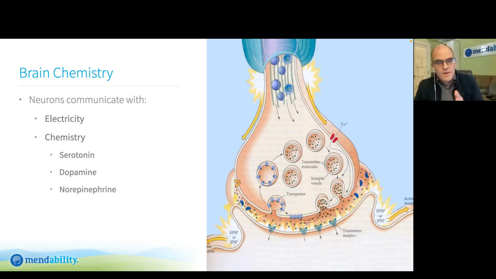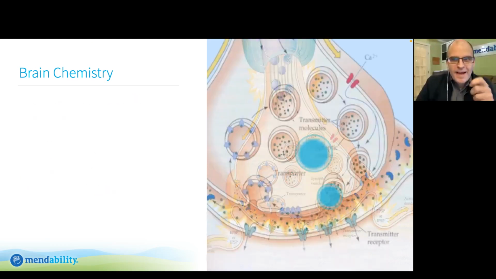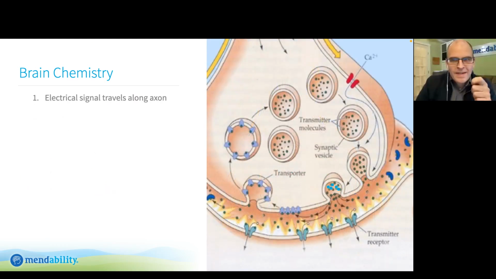So the electrical signal arrives at the end of the neuron, and it's translated into a variety of different chemicals like dopamine, serotonin, norepinephrine. Those chemicals translate the electrical message, cross the gap, go to the next neuron. The next neuron receives that combination of chemicals, translates that into an electrical signal, and so on. So now that you know about brain chemistry, I'm going to skip the slide where I had a little bit of an animation that explained what I just explained to you verbally.